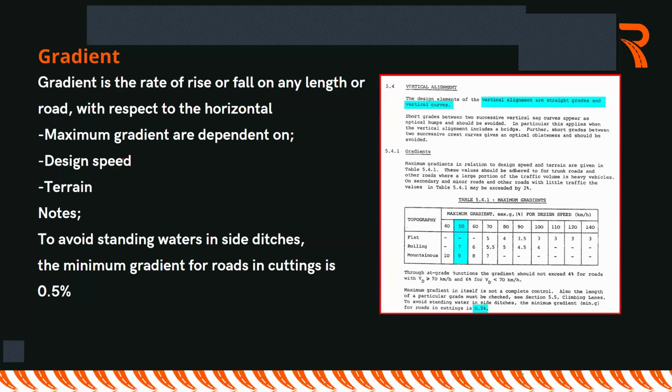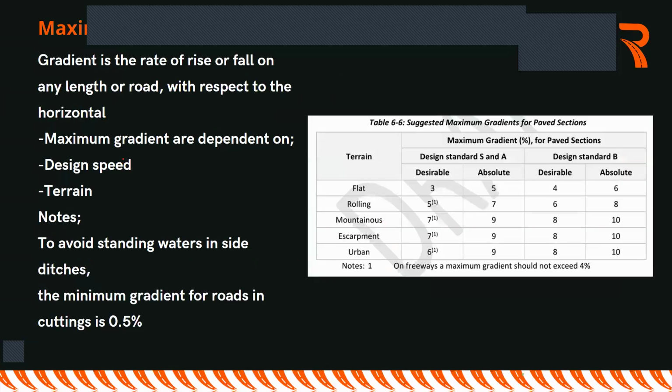So for example, we say to avoid standing waters on side ditches, you need to have a minimum gradient of at least 0.5%. So I will just give you a picture of these suggested maximum gradients for various paved sections. When we are designing the gradient section, and I want you to remember it is the straight section, we have